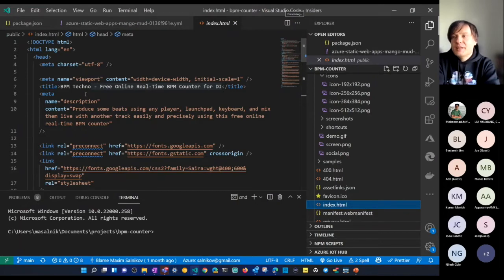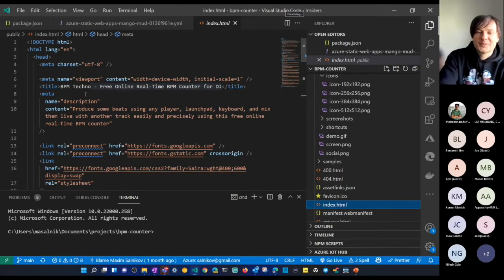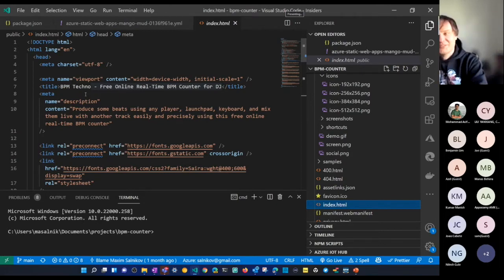But as this project is currently in production, I don't want to add test features or random changes. We can look at another feature, staging environments.